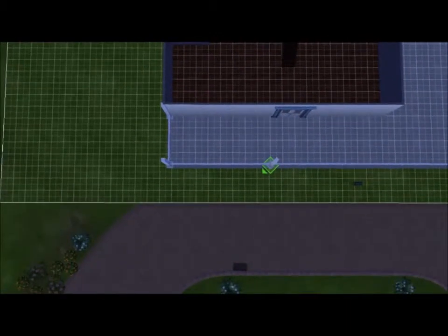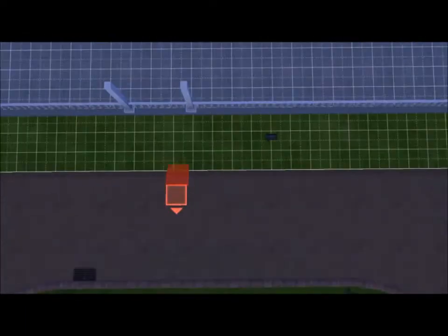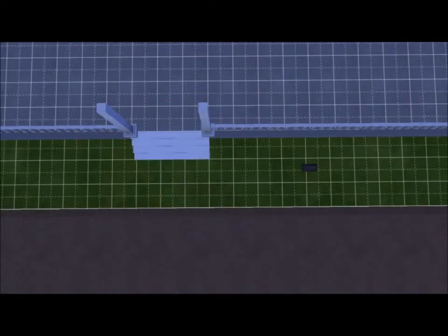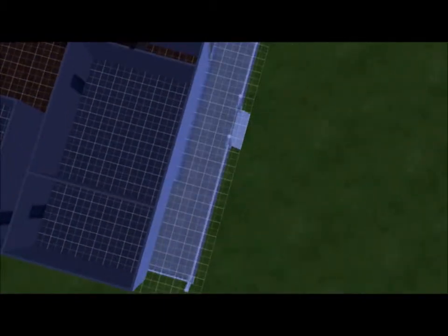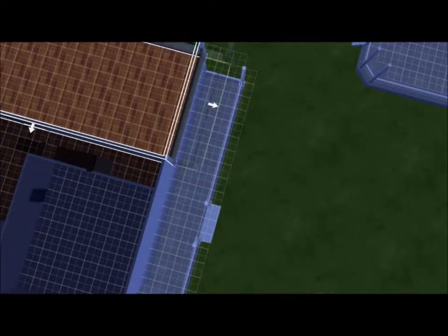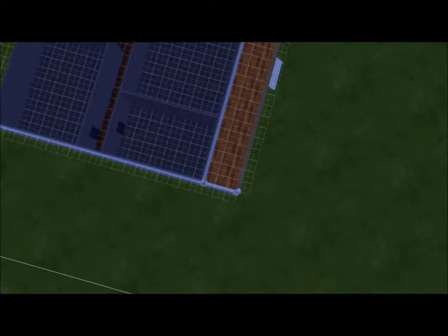Because once I got them putting fence posts in random locations, I realized that I did not make the deck match up with the rest of the house. So it didn't really work. As you can see, you just have a huge space there. And I was going to put a roof, but then it kind of erased my fence, and I didn't want to do that. So I just enlarged the entire balcony upstairs for the first level and kind of replaced the fencing,